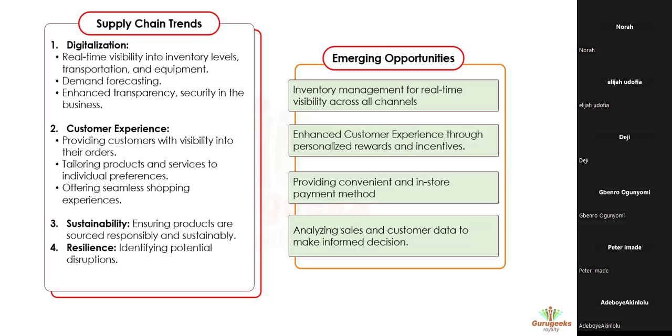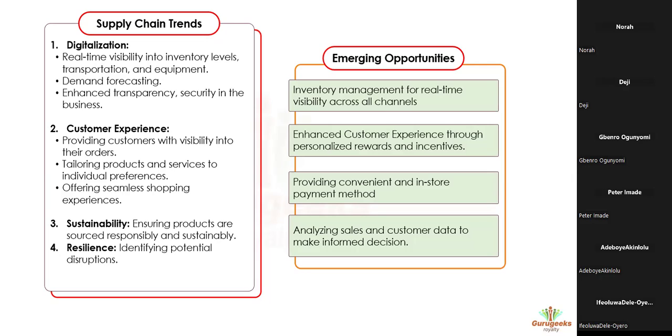What we make sure to do is that you're not just selling your product to your customers now, you're enhancing their experience through a properly built e-commerce system. And also, you are providing a convenient in-store payment method to your customers. Either you have customers who are walking into your store to purchase your products, or you have customers who are shopping online. We've ensured that we provide them a very easy and convenient payment method to be able to close their sales